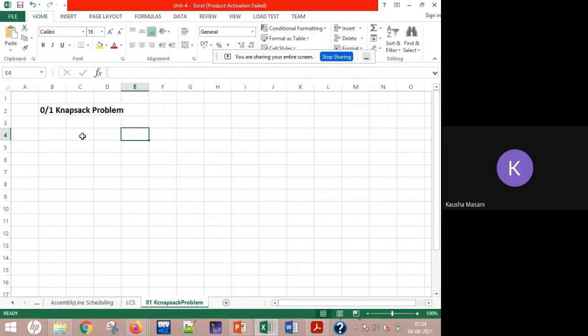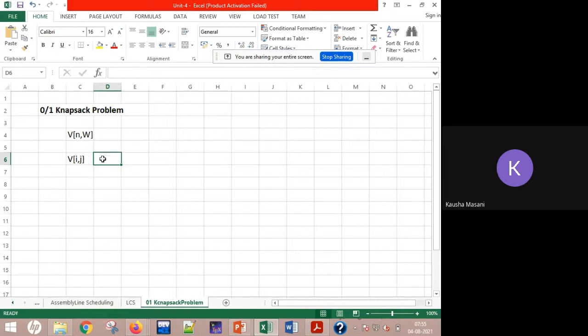Now see what the formulas are. First of all, we have to draw a table called capital V and W. Now what will be the cell values? The cell values will depend upon the I and J values that we are getting. I and J are nothing but your index values that we are going to take for your weights and for your sub weights, the weight that we are going to divide of our knapsack.